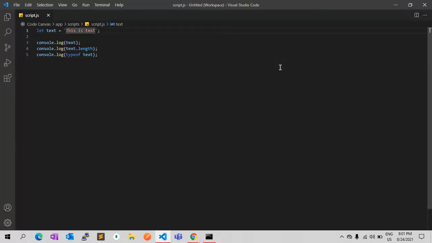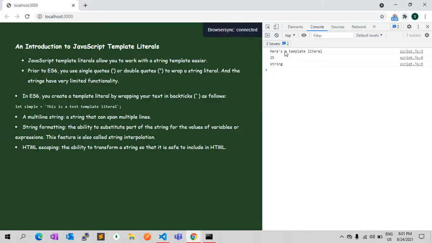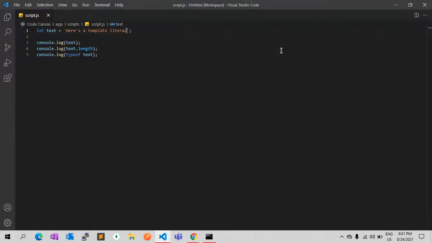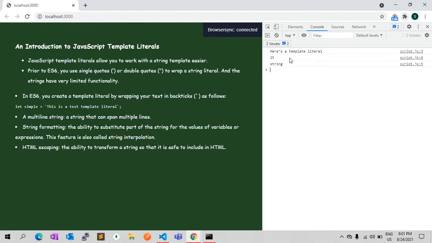Let me show you how. See, you can use single quote, you can use double quote as well without escaping a string.